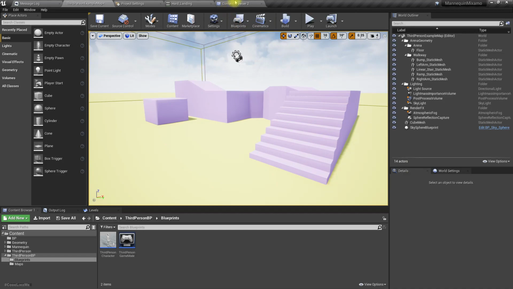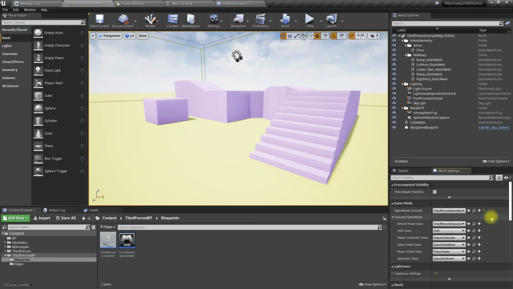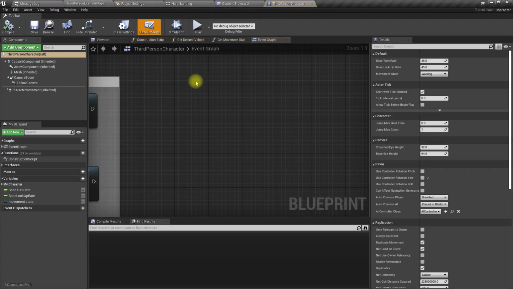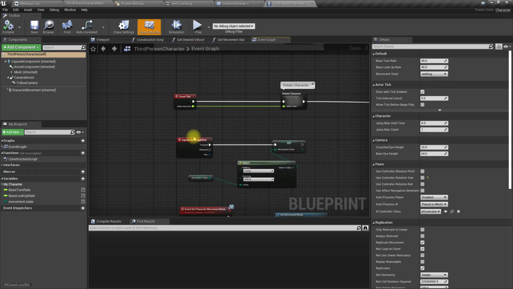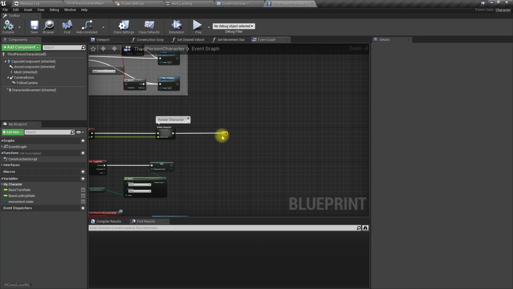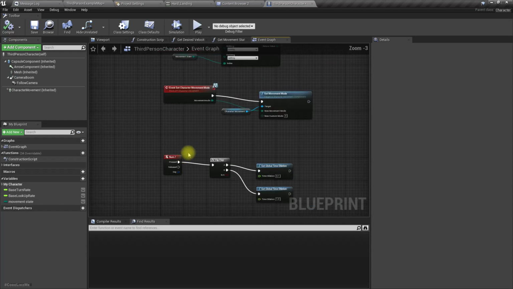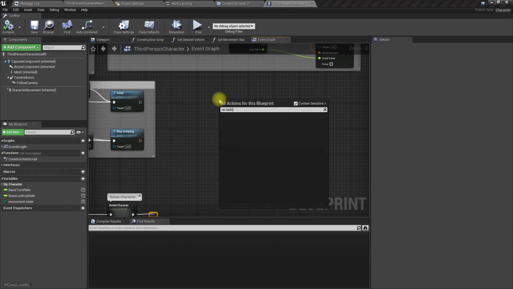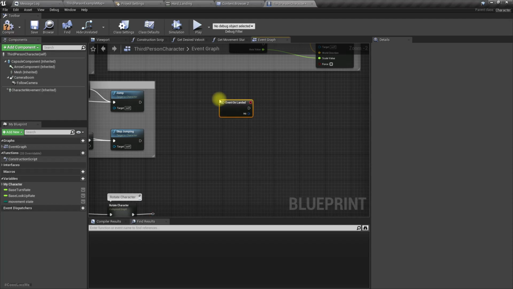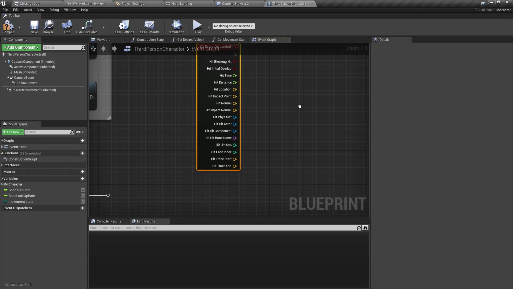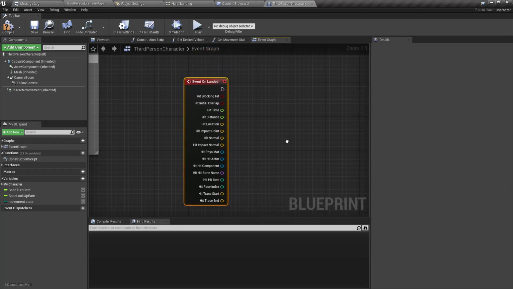First let's open our character, the default pawn class third person character, and here we need another event to detect the jump landing part. So we already have a default event called onLanded, right? Do we have anything